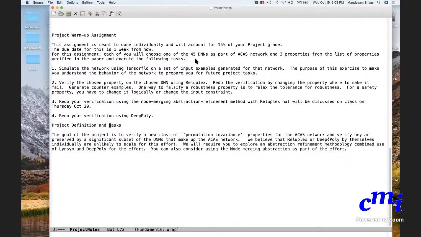What those things will be will be defined more clearly. But as a warm-up assignment, we want each of you to work individually, and I'm thinking of assigning maybe 15 to 20% of the project grade for this effort.